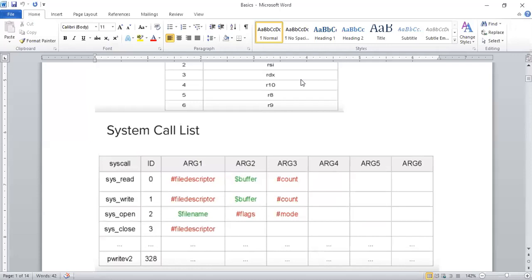Okay, so first is the system call for read. 0 is the value assigned for the system call for read, which will have arguments passed first, second, and third. What values will it have? First is the file descriptor, second is the buffer, and next is the count. That is the third argument that you will have when you perform the read operation.